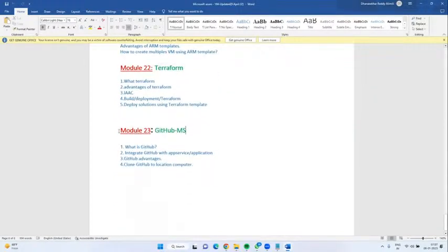Next, GitHub. What is the GitHub? Any idea? A frequent keyword nowadays. Code repository. To maintain a kind of project code repository, very good.